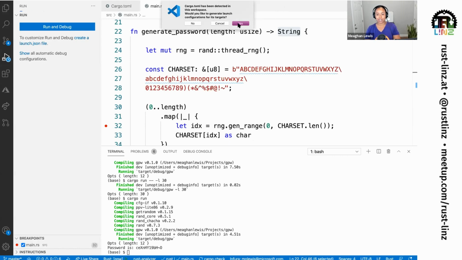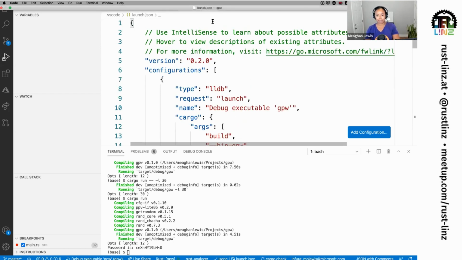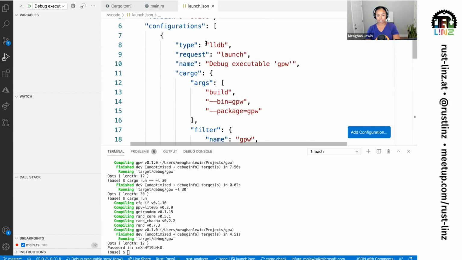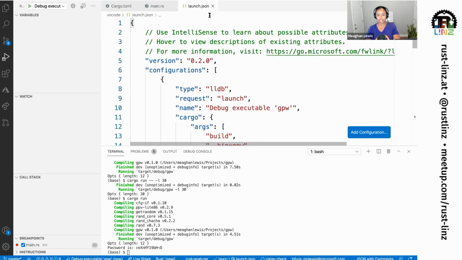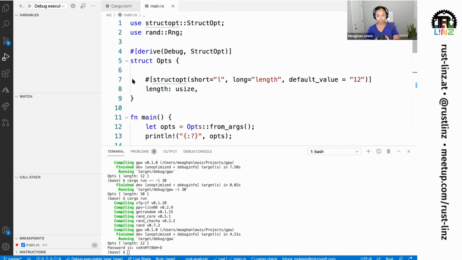Okay, so I'm just getting some prompts that the LLDB extension is providing for me, basically saying I haven't set up any configuration to debug, and then it can actually provide this debug configuration automatically. You can set up specific configurations in here. I'm not going to show how to do that, and typically I don't need to, but that is an option that's available.